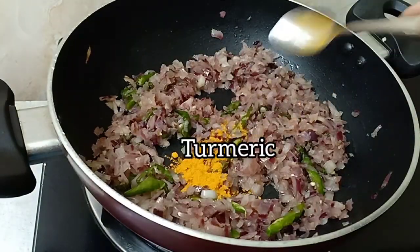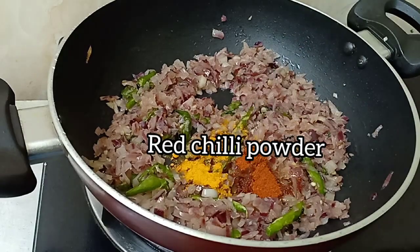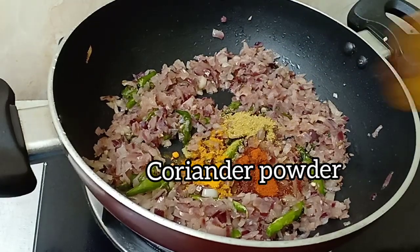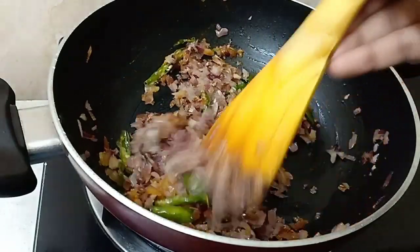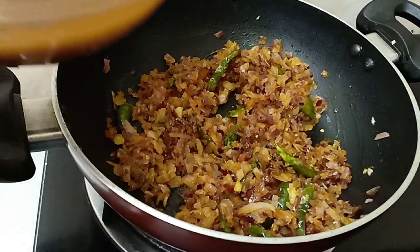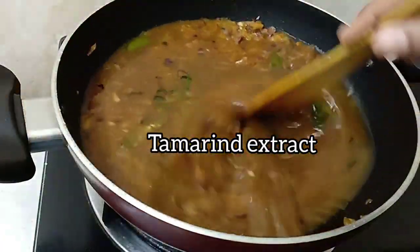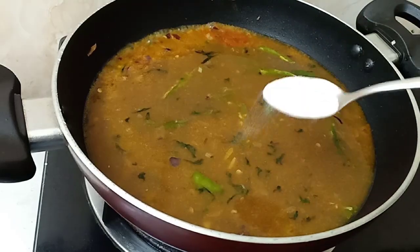Add turmeric, red chili powder, coriander powder, add tamarind extract, salt,